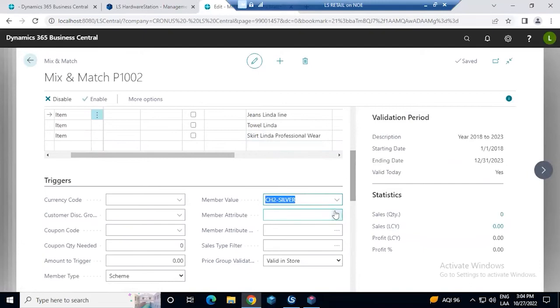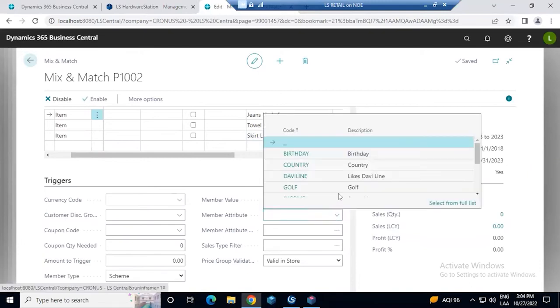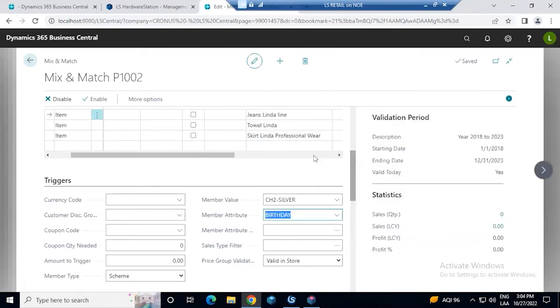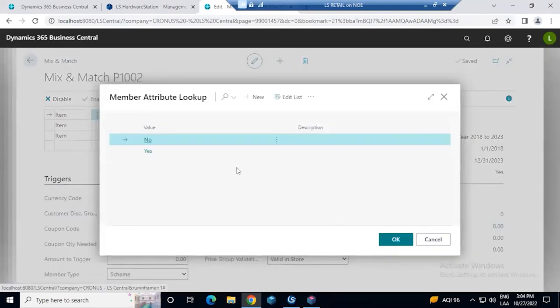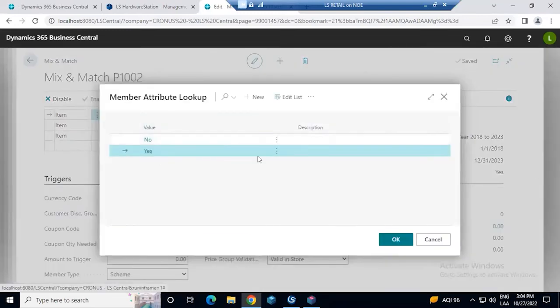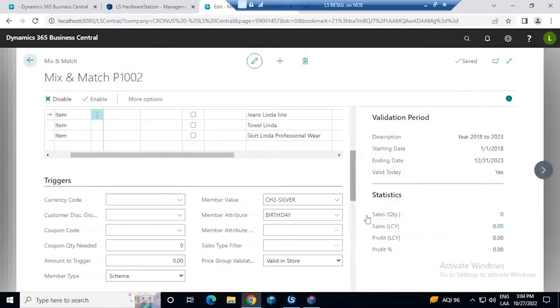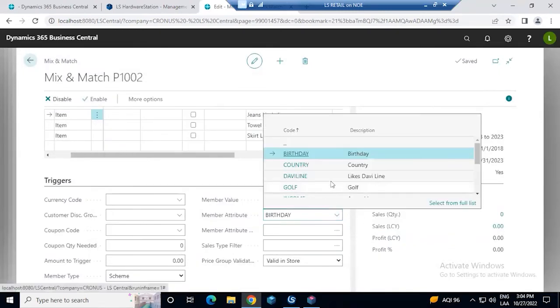But I could go further, okay? Why not give this discount only if it's your birthday? Only that. What else could be good? We can continue to add more attributes if needed. Why not say, okay,